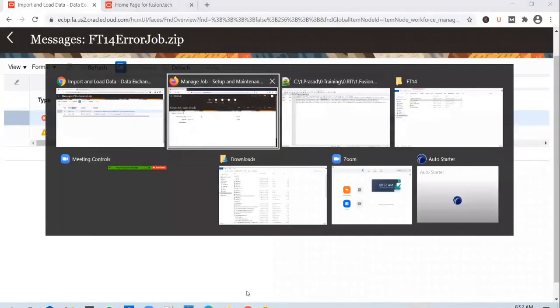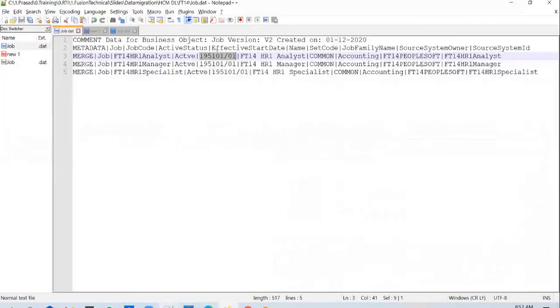But say you have a problem with other fields, like the active status, which is mandatory but allowed for update. So when records get stuck in the stage tables, you will notice that some of the fields can be updated.